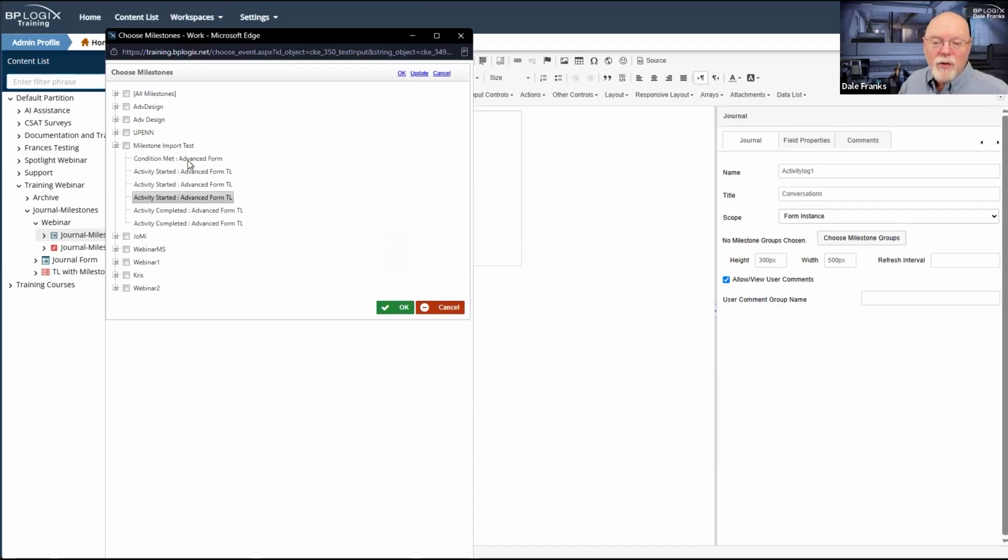So we have this group, milestone import test, and this milestone group contains several different milestones. Okay, great. We don't need to know about the milestones, but we do need to know about the milestone groups. Every milestone belongs in a milestone group.